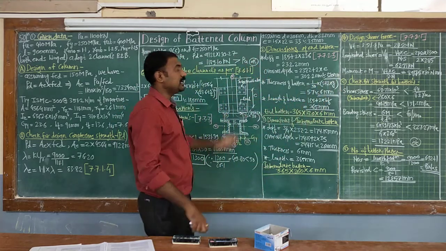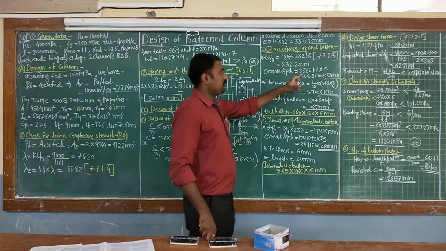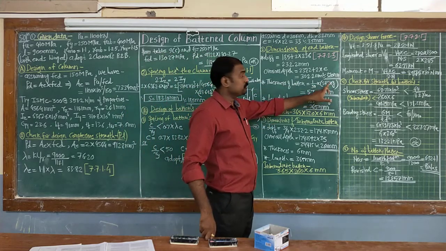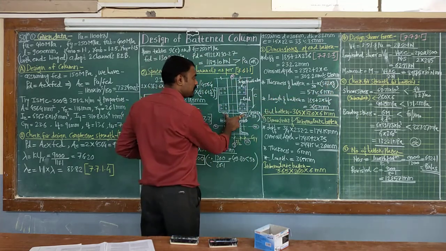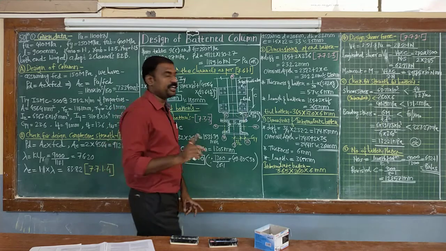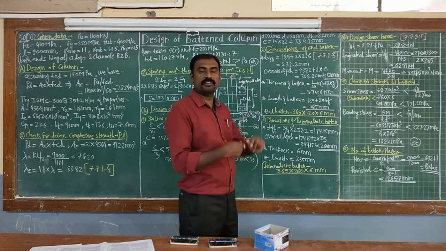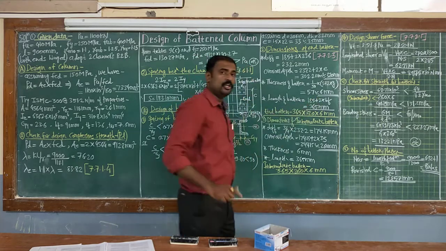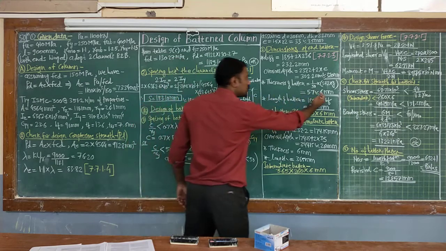Now based on that only I am going to calculate the thickness. So thickness is given as 1 by 50 of your distance between your bolt rivet line. That is what already we have calculated. It is spacing plus 2 times gauge distance, and that is equal to 285. So 1 by 50 of 285 I am getting 5.7, which I will round figure to 6 mm. So the second dimension for batten after depth is thickness, and that is equal to 6 mm.